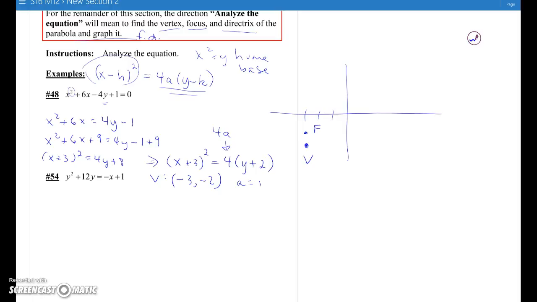Now we know the focal diameter is 4 wide at the focus. So we go 1, 2 to the right and 1, 2 to the left to get our points that define the latus rectum. And again, that's not being asked for specifically, but it sure makes it easy to draw the graph of the parabola. So we've found the vertex, now we found the focus is, read off the graph, -3,